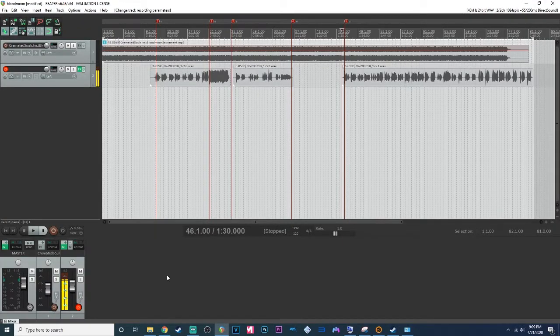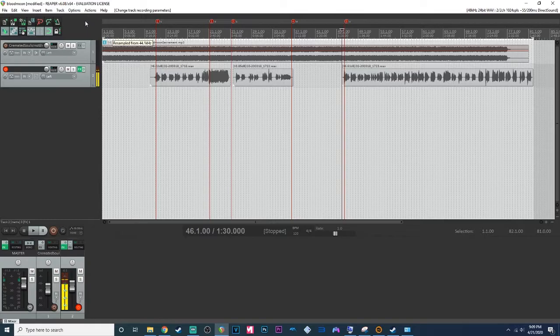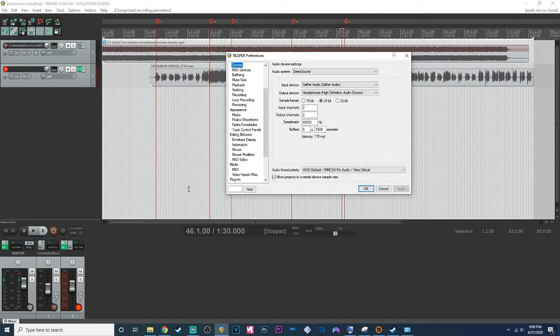Back in Reaper, and as a quick addendum to my last video, somebody pointed this out for me. The reason why, when I monitored my input here, there was such a delay is because of our buffer settings, which you can go and edit in here. Like I was talking about last time, your audio system makes a big difference. Direct sound is what works for me when I'm doing something like this and I don't have to worry about monitoring, but that's what your latency down here is. I don't want to mess with the settings in case it breaks my Focusrite's function, but if you notch this down to like 4 by